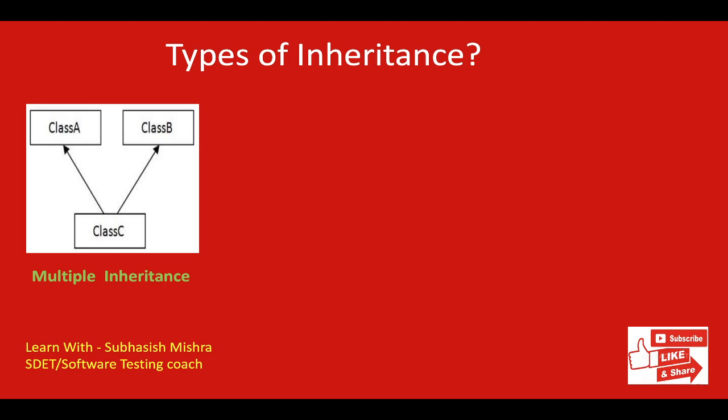Then let's understand why Java doesn't support multiple inheritance. C++ and a few other languages support multiple inheritance, while Java doesn't support it. Java doesn't allow multiple inheritance to avoid the ambiguity caused by it. One example of such a problem is the diamond problem that occurs in multiple inheritance. So again the question is, what is the diamond problem?